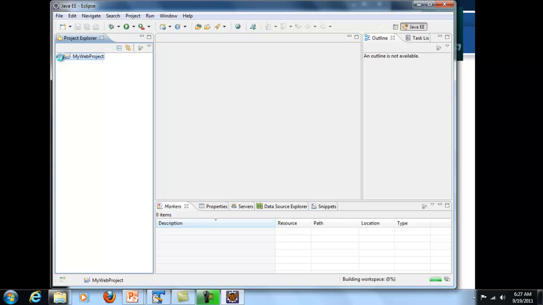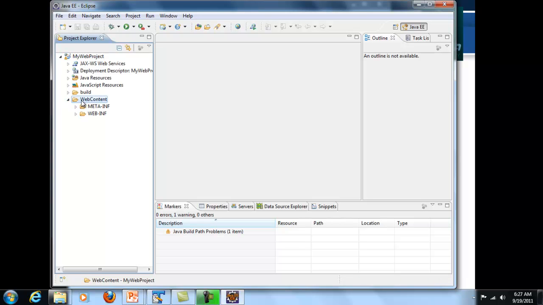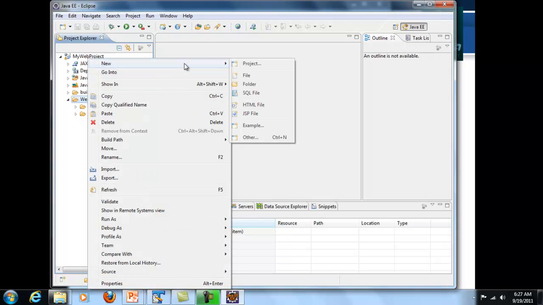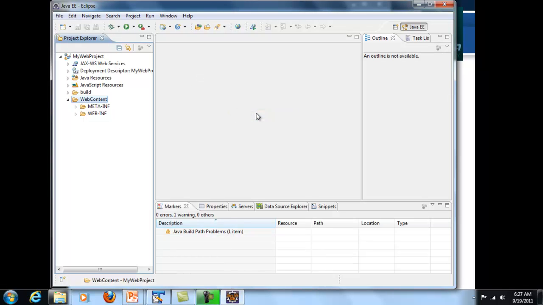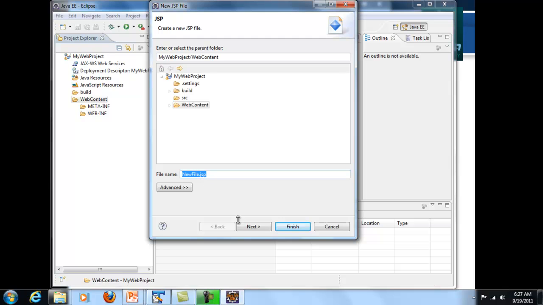Okay, wonderful. So now if you want to get your Tomcat set up, the easiest way probably will be to create a JSP file first and try to deploy that on Tomcat. In that process, we are going to set up Tomcat. So say I create this new file .jsp, or let's call it index.jsp,